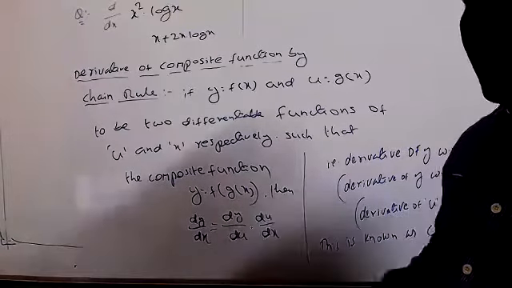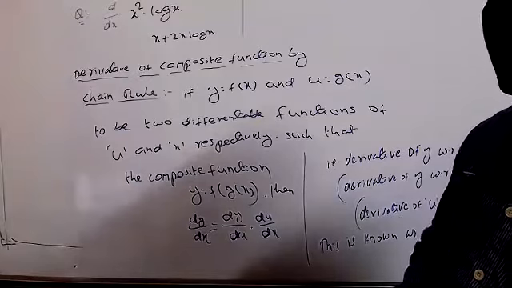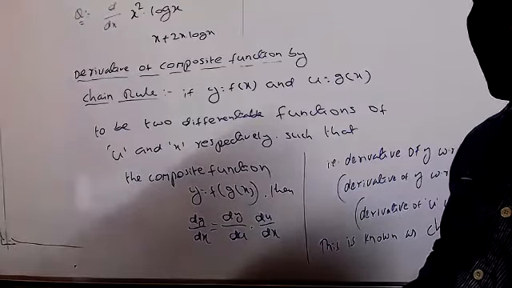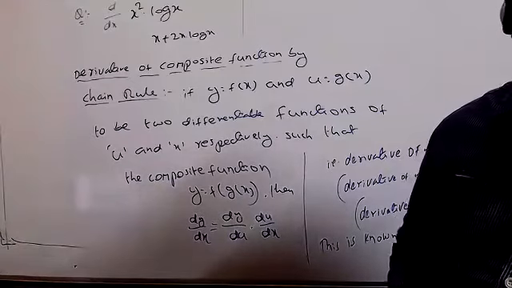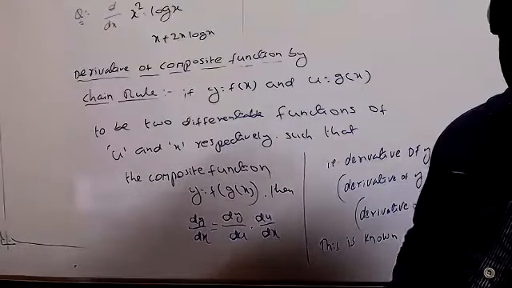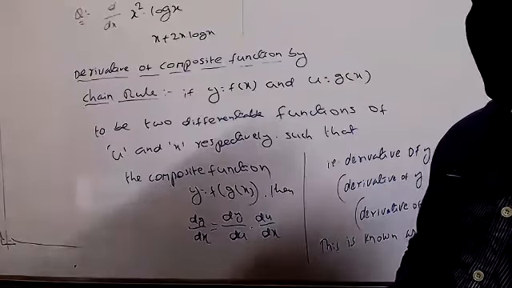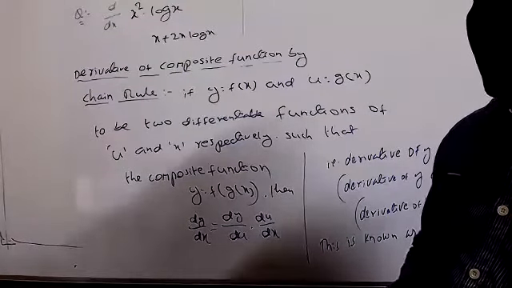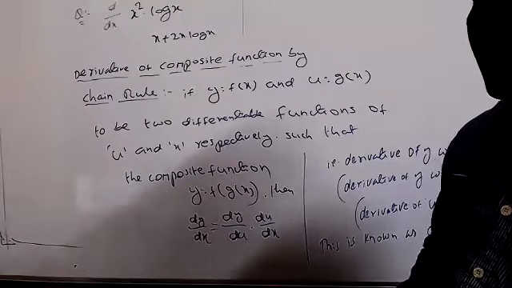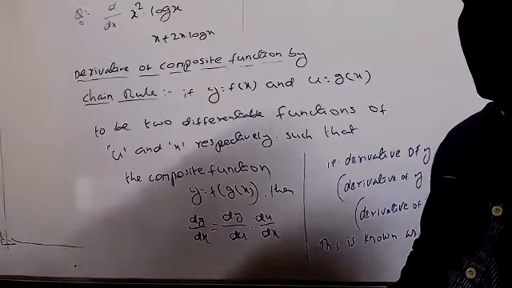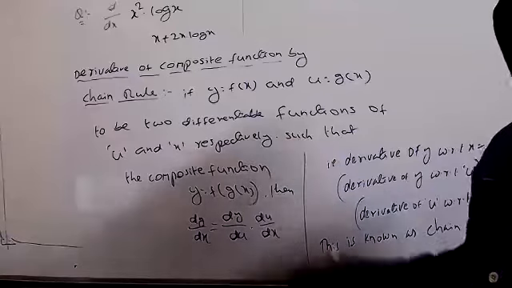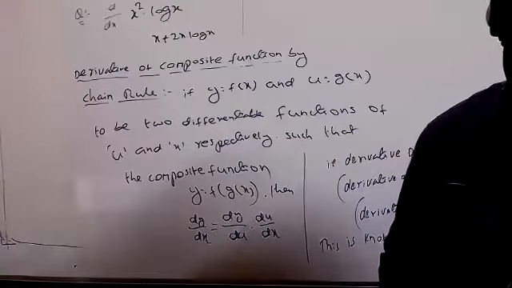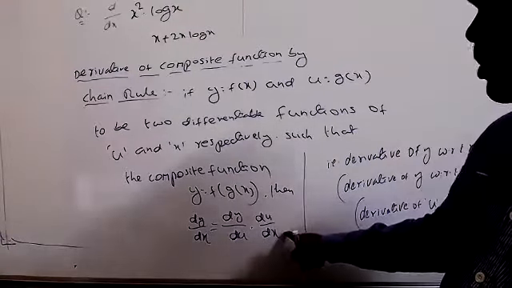You can apply the UV formula, it's enough. But suppose instead we are getting three functions, u into v into w, or if taken three different functions, y equal to f of u, and u equal to g of v, and v equal to f of x. If they given three different functions, but the three are composite functions, then we can apply the chain rule, like this, same condition.